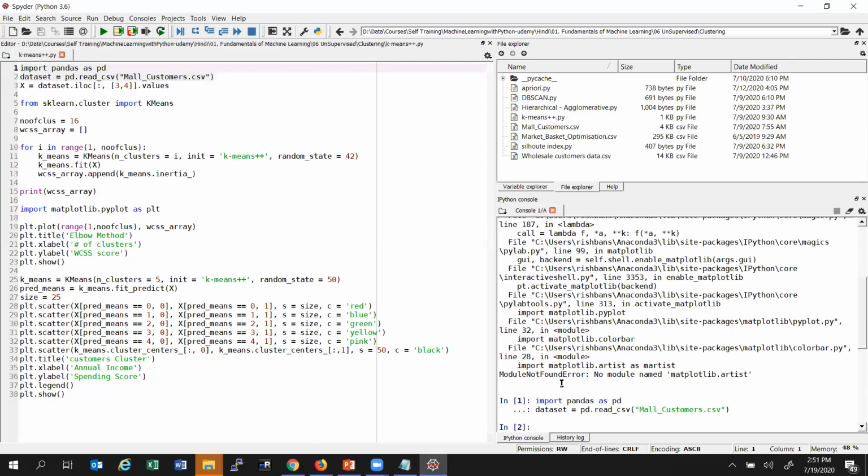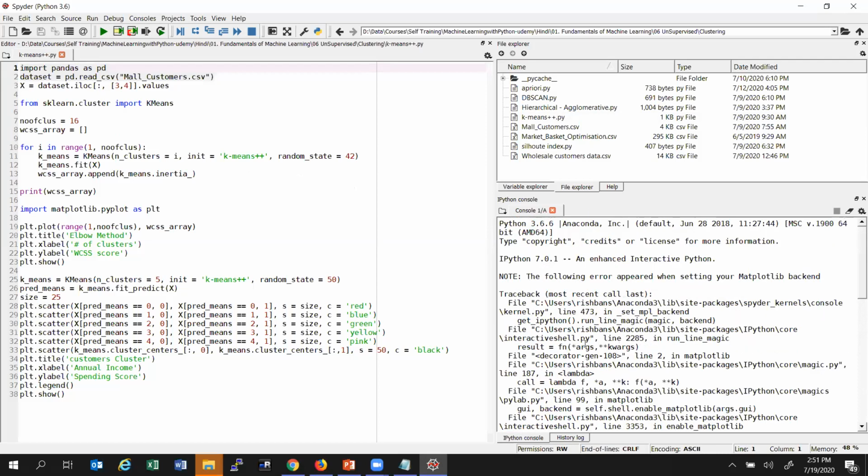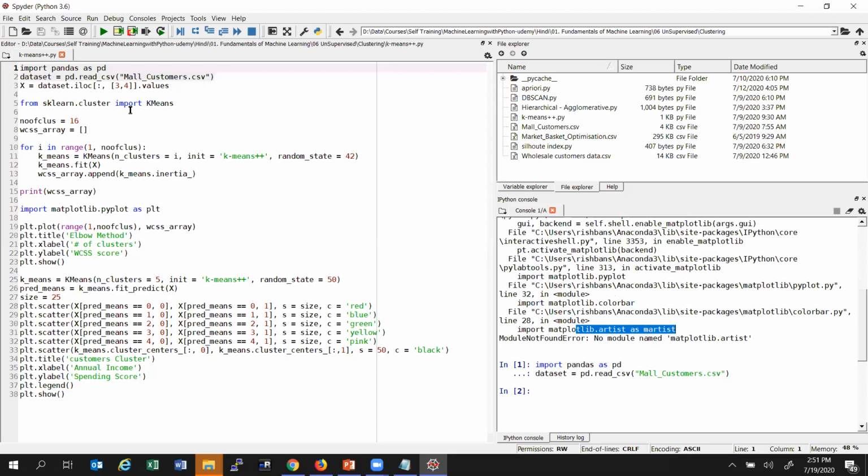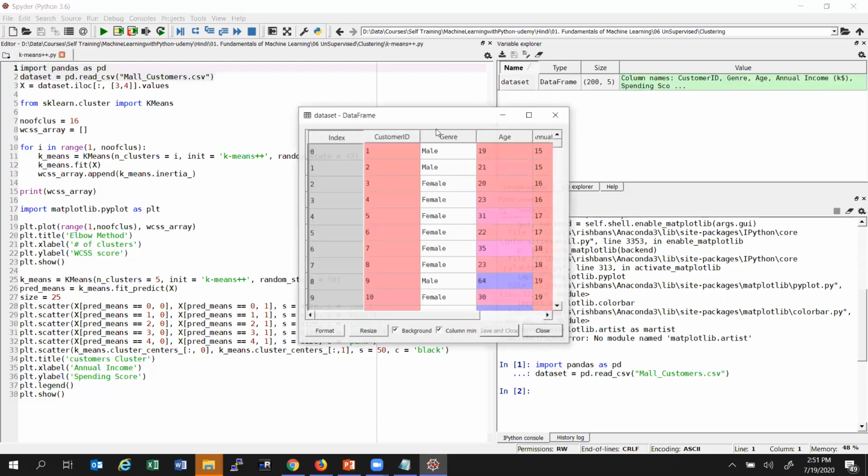Okay, so this is imported. Why so many errors are coming? Looks like I tried to do something else. No problem, it's not related to this code, so we are fine. We'll see what our data set is.